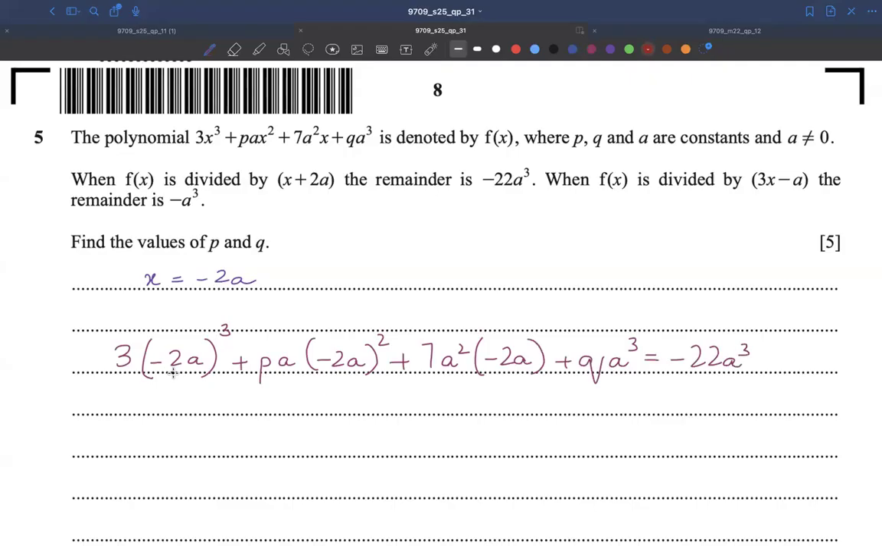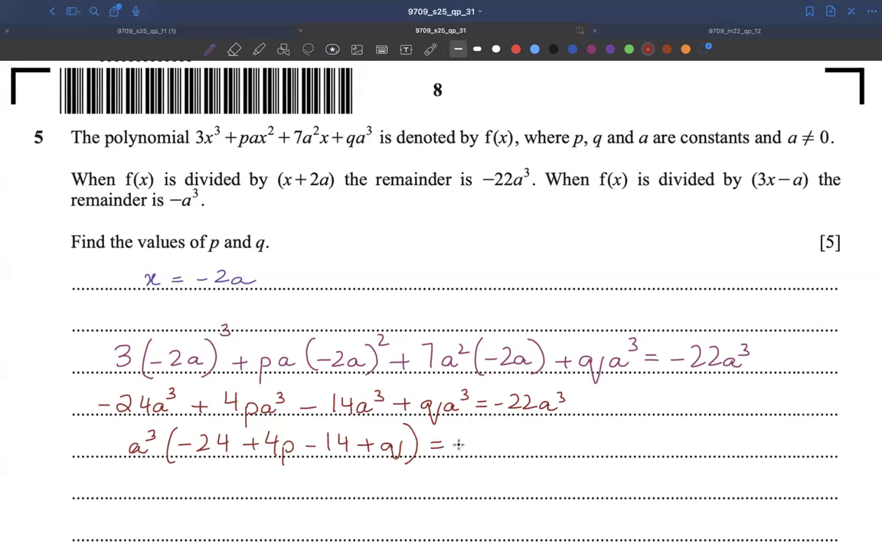Simplifying this, this will become minus 8a cube multiplied by 3. That will become 24a cube with a negative sign. This will become plus 4a square, so this will become plus 4pa cube. This will become minus 14a cube plus qa cube is equals to minus 22a cube. Now we can see that a cube is common in all of the terms. We can just take a cube common out and simplify this as minus 24 plus 4p minus 14 plus q